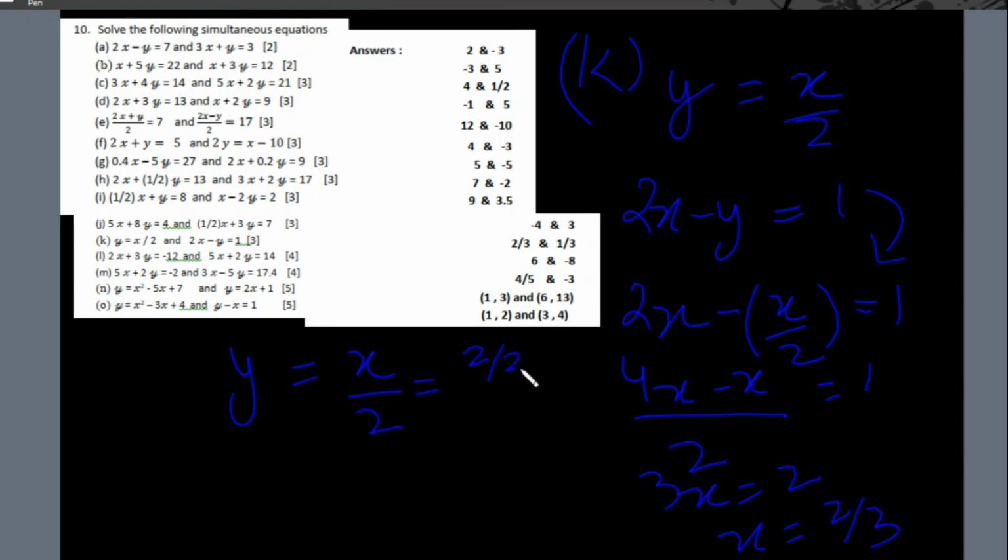so y equals (2 over 3) over 2. This becomes 2 over 3 divided by 2, which becomes 2 over 3 times 1 over 2, which gives us 1 by 3 after cancellation. This was part K. Then part L is pretty